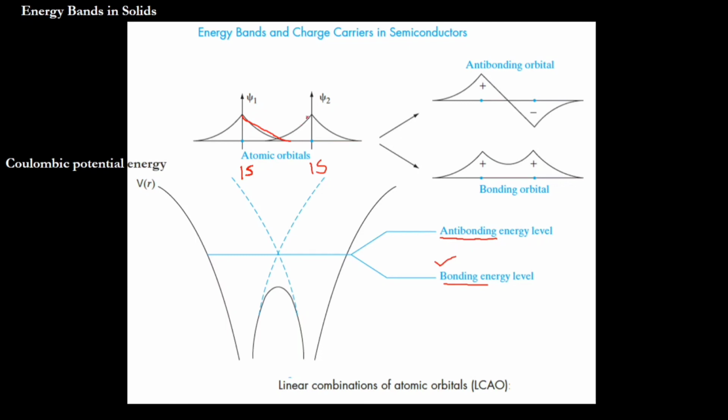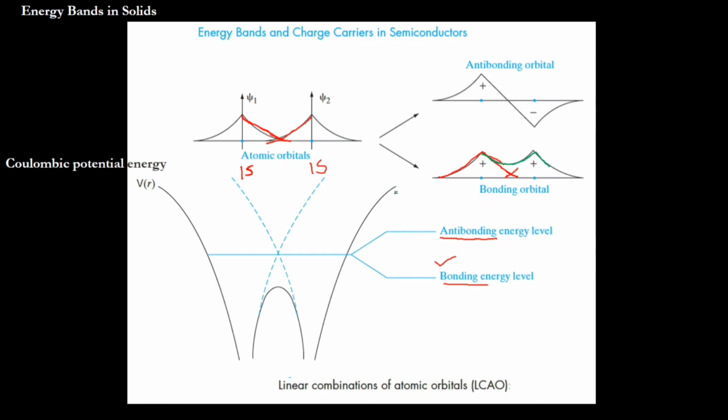So when it gets overlapped, it again overlaps over here, and this is the atomic orbit, a separate atomic orbit. When it gets overlapped and becomes a molecule, the bonding orbital will look like this. It never goes to 0. It never goes to 0. So it will look like this. This is the case of bonding.